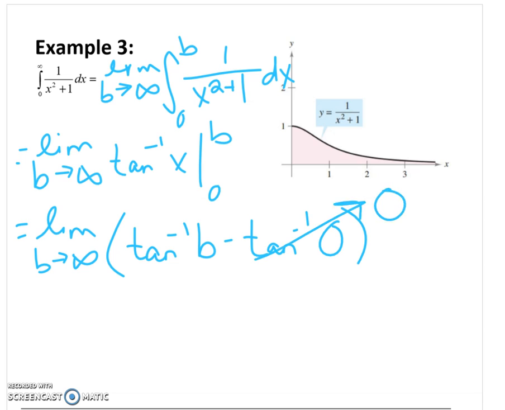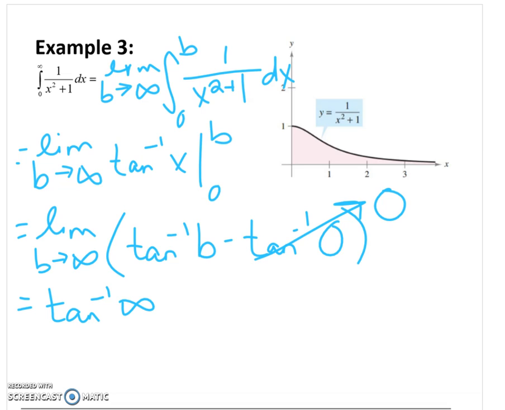So we're just left with inverse tangent of b. So now we're trying to evaluate the inverse tangent of infinity. So that's when you're asking yourself, what angle has a tangent value of infinity? That might be kind of hard to answer thinking about the unit circle, because you're not really going to have